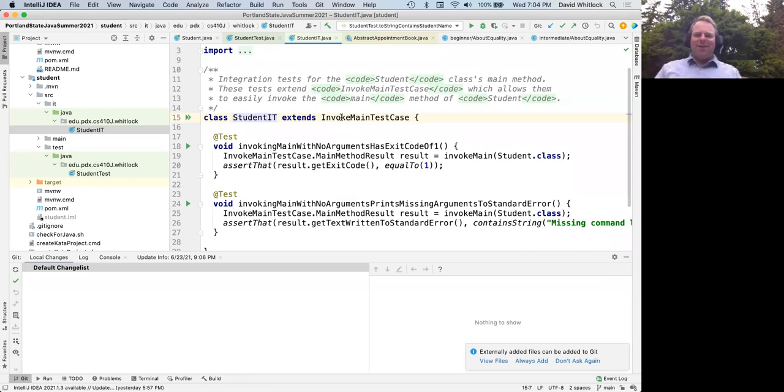This provides you some easy access to things, and also the magic allows you to do something like call System.exit from a unit test without the VM actually exiting. That's the neat thing about this invoke main test case. Don't worry about how it's done. We'll see lots of "don't worry about the implementation." We'll see how to use it here through a bunch of different